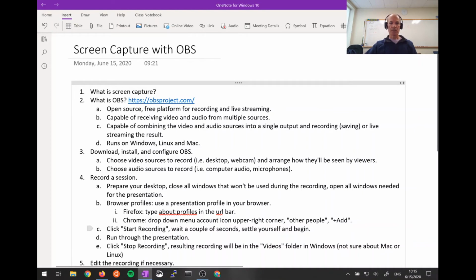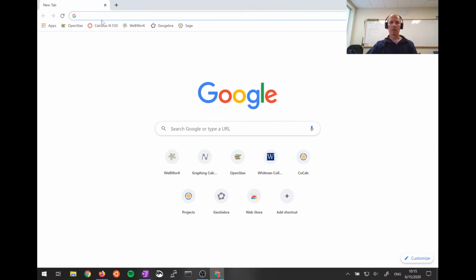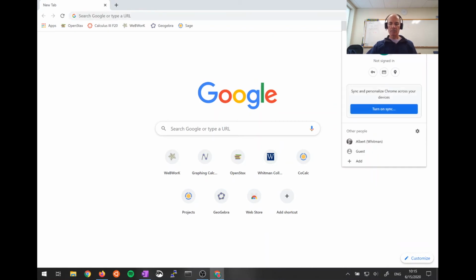In Chrome, it's a little bit different. Let me pull up Chrome. So Chrome doesn't do About Profiles. Instead, you go up here to the upper right corner and you click on the account icon, and this window appears. And down here at the bottom, you have a list of essentially what are profiles for this browser. And if you want to create a profile, click Add,